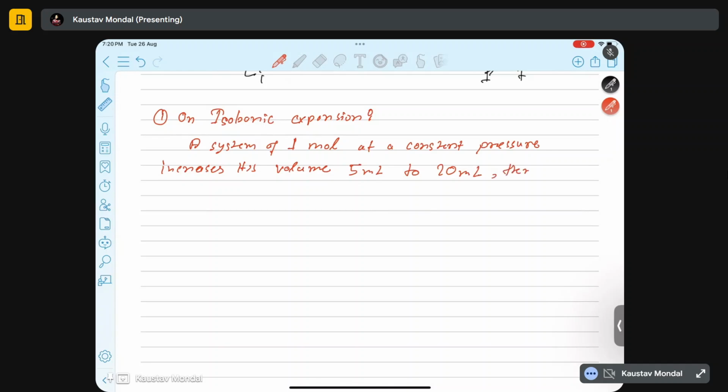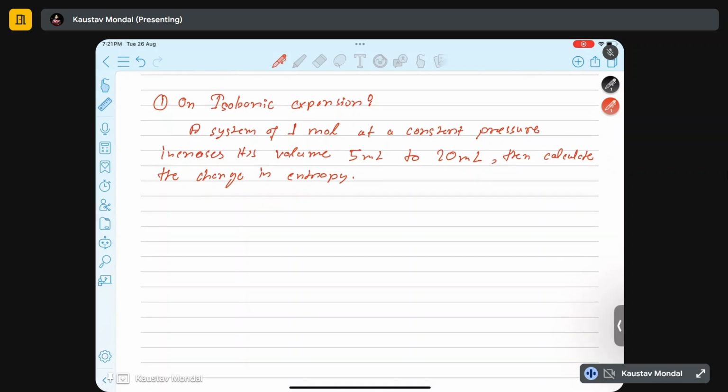Then calculate the change in entropy. Okay. So you have to calculate basically the change in entropy when the system of 1 mole at a constant pressure increases its volume from 5 ml to 10 ml. Then the change in entropy. So for that,